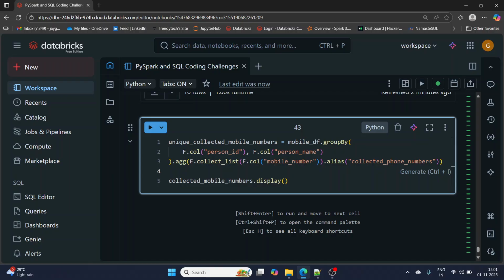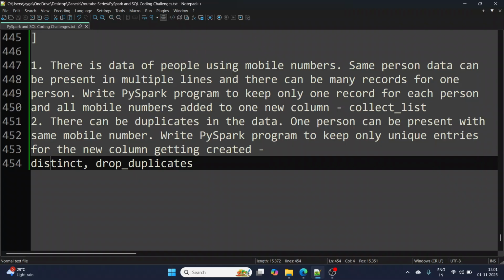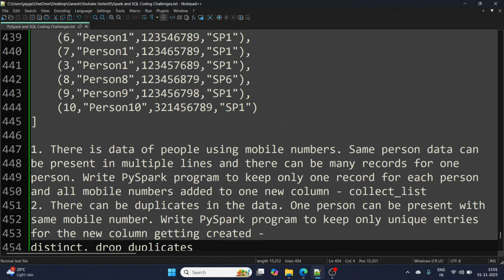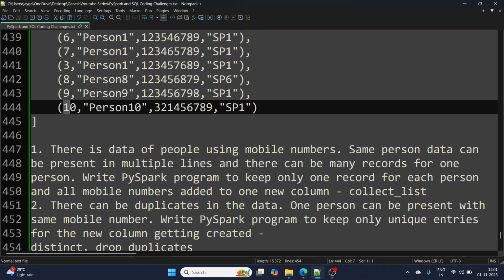Now I have to do a little pre-processing. Before this group by, I want to apply distinct. And on which columns do I want to apply distinct? On person ID, person name, and mobile number.